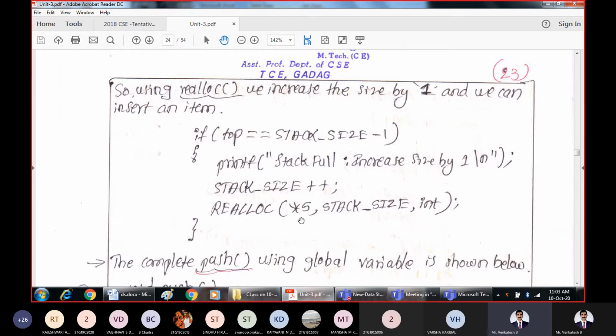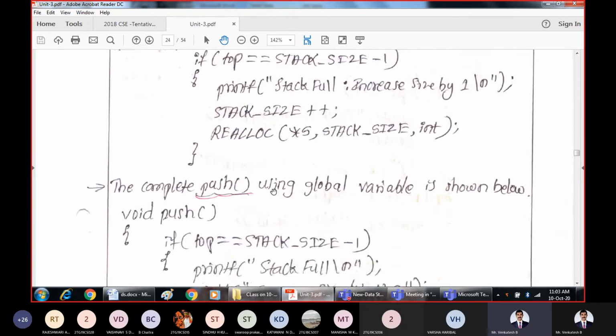Then allocate memory for that same pointer, by calling the realloc macro for this stack. Allocate new memory of this size, which can hold integer type of data.